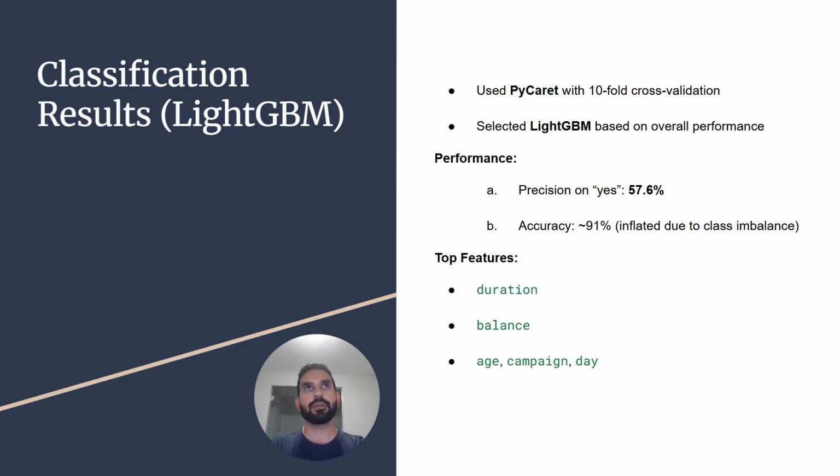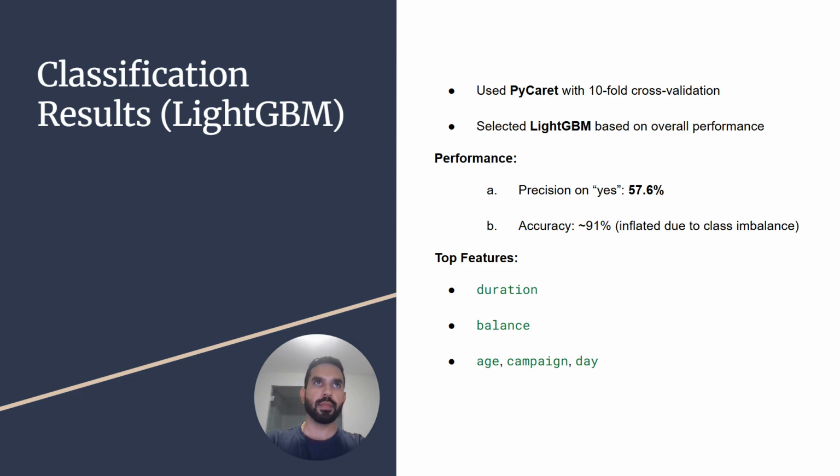So I did further analysis to see the precision for the subscribers, the yes class. It is 57.6%. So that means about 58% of the time the model predicts the subscriber accurately, which is not the best, but still okay considering this is performance based off the initial run, and then further tuning can improve this